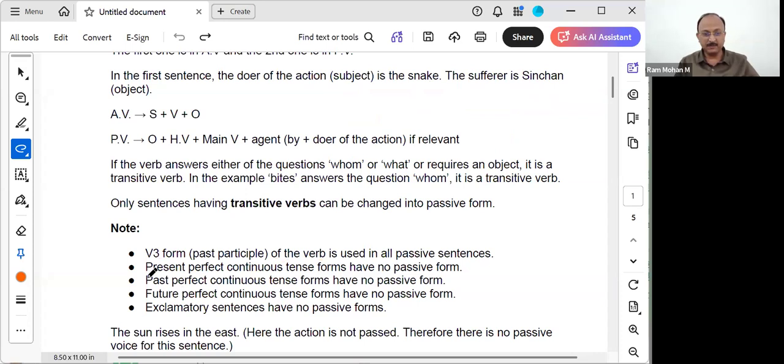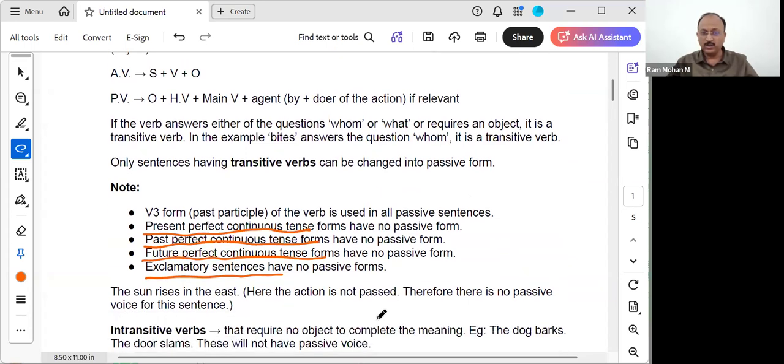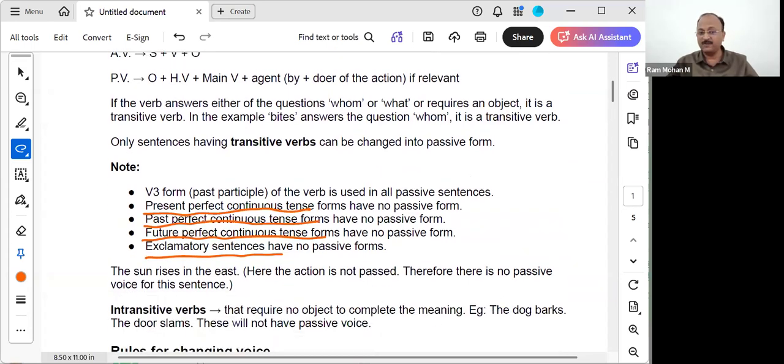If the sentence is in present perfect continuous tense, past perfect continuous tense, future perfect continuous tense, or even an exclamatory sentence, these will not have any passive forms. So no perfect continuous tenses will have any passive form. Even exclamatory sentences do not have any passive form. And also, if we have intransitive verbs in the sentence,